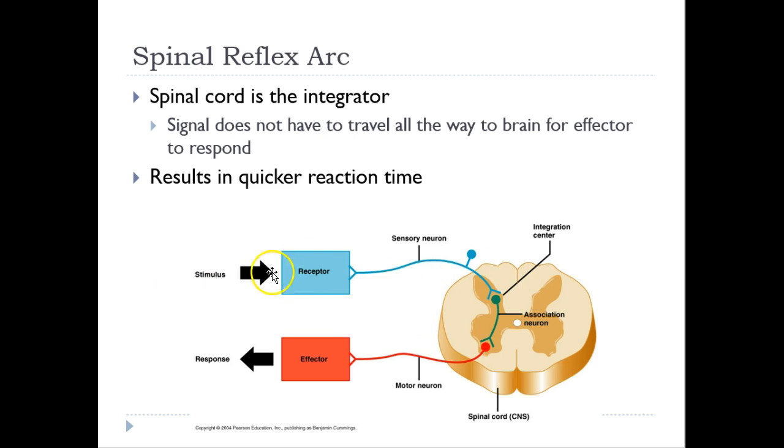So there's some stimuli. It goes to a receptor, a sensory nerve, and it will go to this association nerve that will connect to a motor nerve and do some sort of effect. So instead of going all the way up to the brain, and back down to figure out what to do, it makes it so there's less travel time for this to occur, and this is what we call